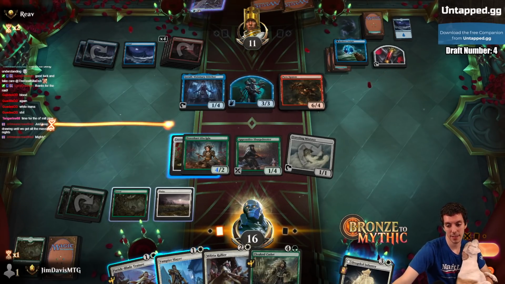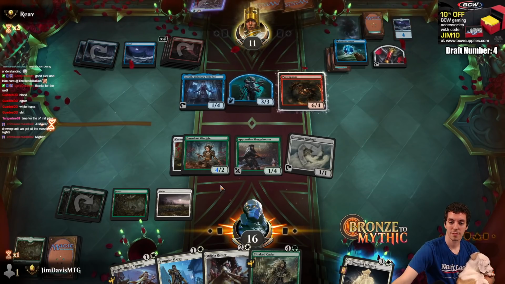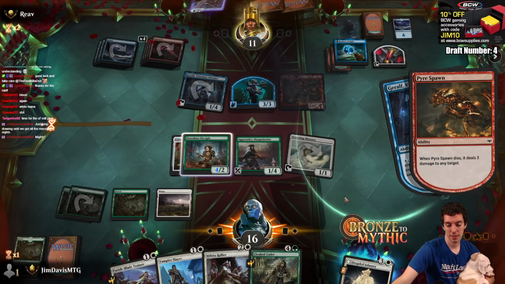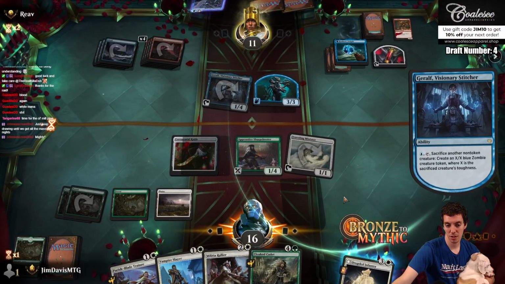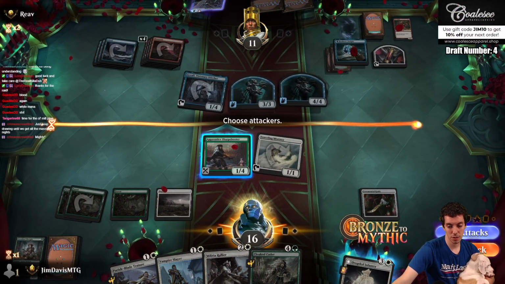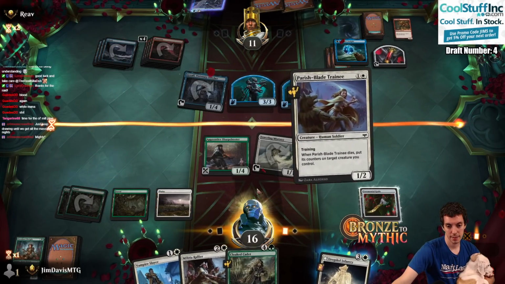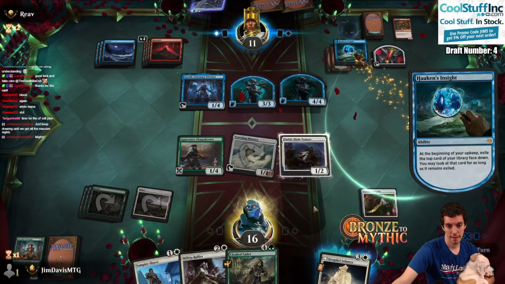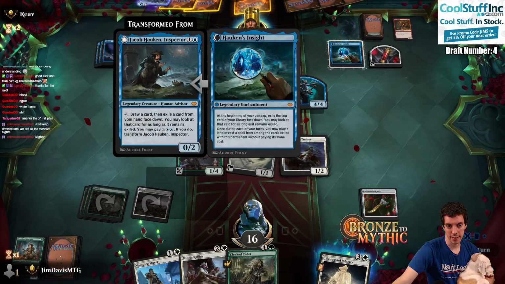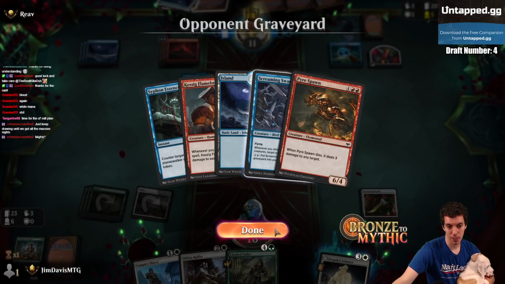Oh, man. Gross. I can just sack this thing and make a 4/4 and bolt my thing. Sure, I could just block too, right? And they have a bunch of flyers now also. Oh, man. Alright. Yeah, both these cards are pretty good. If we had a faster draw, we probably could have overcome it, but...